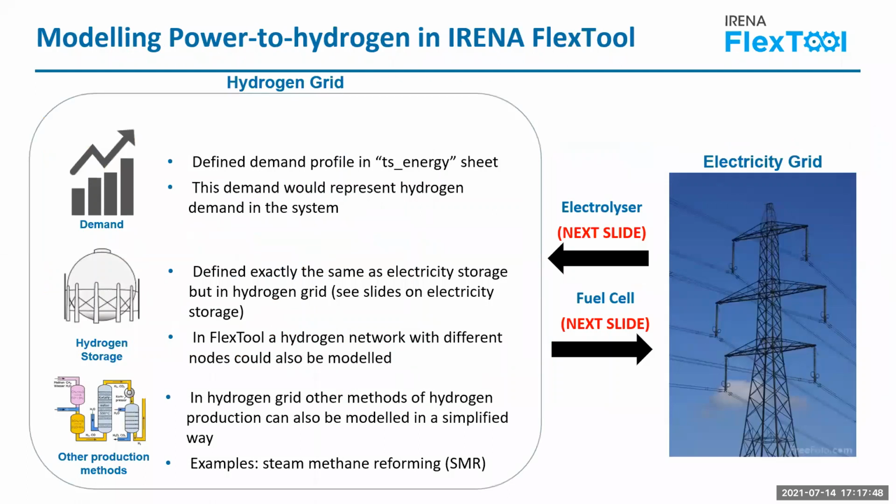So how do we represent hydrogen in FlexTool? First, we need, of course, to create a demand profile for hydrogen, in a very similar way to how we do it for demand for power. This demand will be met either by green hydrogen or even by hydrogen made from fossil fuels, if we also want to represent them in our model. And then in parallel, we need to create a hydrogen grid where producers or the units in our system that are producing